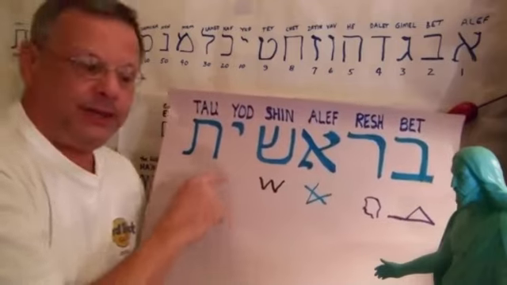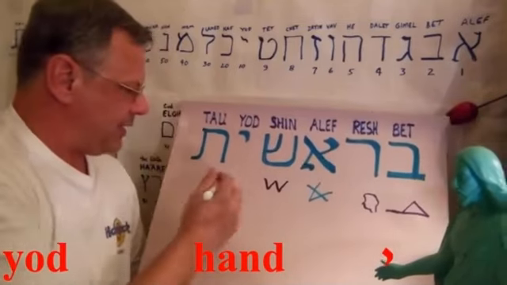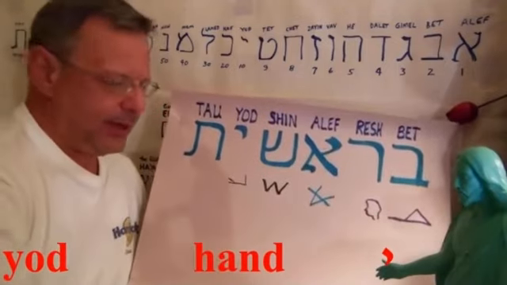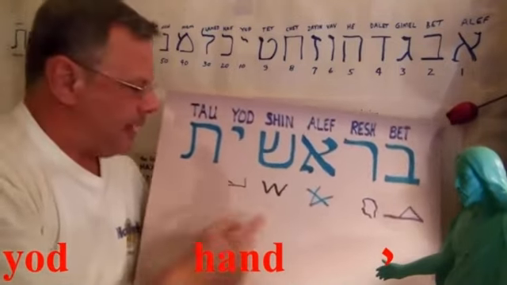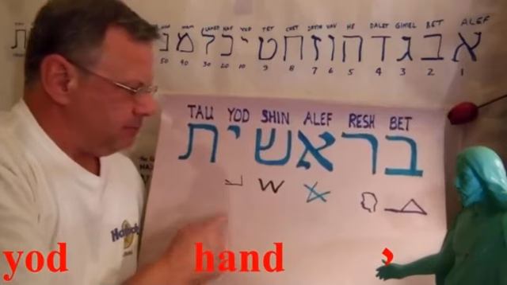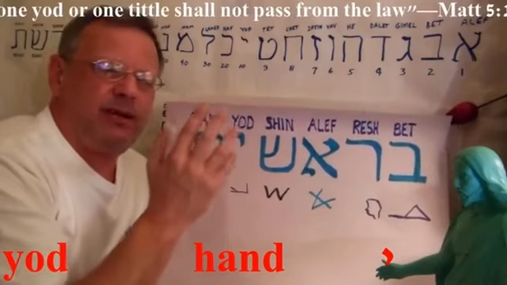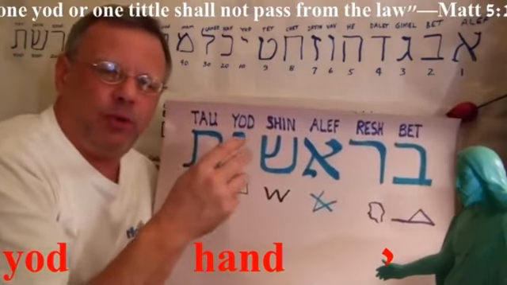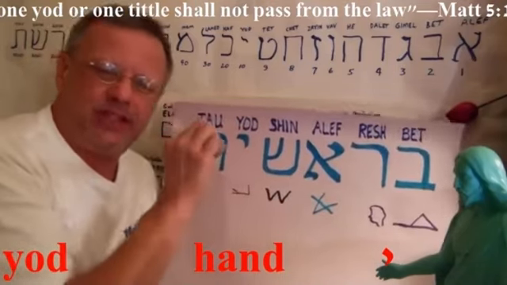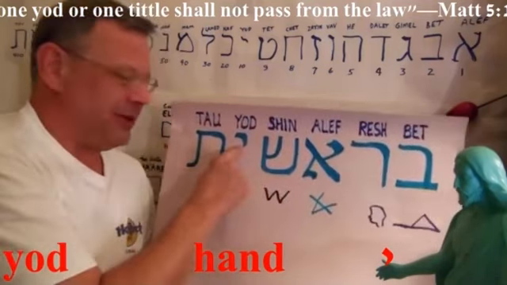A yud. Its picture is a hand, and we'll do the hand here. They actually draw it sort of like this. It's an arm. You can see an arm coming down and coming out in the hand, and it represents work or a hand doing something. Yud. It's the smallest Hebrew letter. When Jesus, in the New Testament, talked about not one jot or tittle passing from the law before all are fulfilled, he didn't say jot. He said yod. He's saying not even the smallest letter in the Hebrew alphabet will pass from the law. So that's the yod. Very cool.